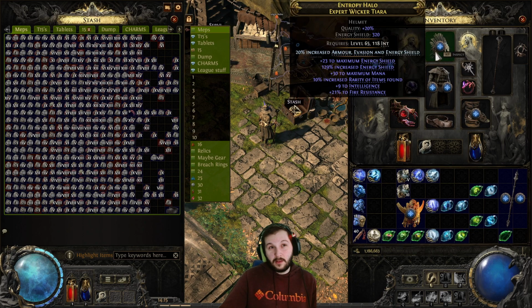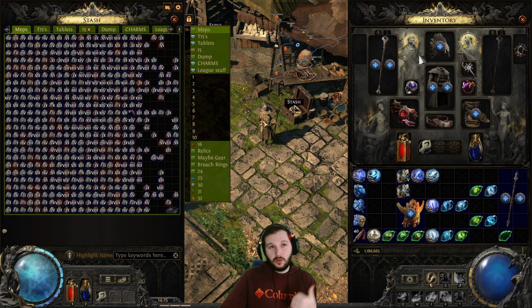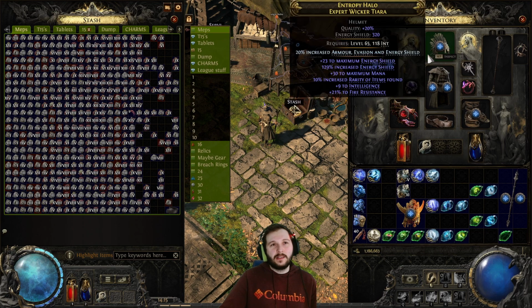So the main rule of thumb is do evasion because it's going to give you the most evasion, especially for campaign. And then evasion hybrid with energy shield is nice. If you get a nice piece of gear, definitely put it on. And then energy shield is more like the late game. That's going to be the last thing you sort of focus on. So yeah, basically my gear